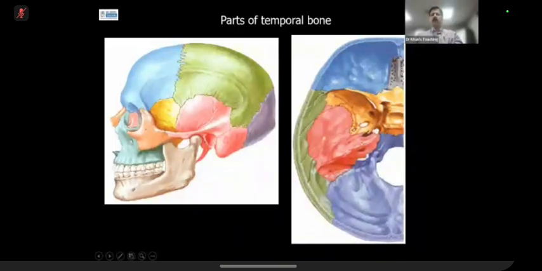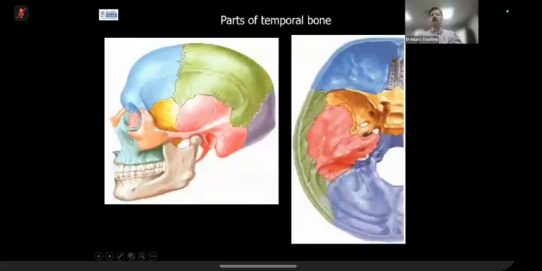Now, from here, let's go to the concept of base of skull. Base of skull, by the way, is going to be our curriculum next time. But you have to have an overall concept. So without going into details, let's see the base of skull, beautifully seen on this diagram. Base of skull is made up of 5 bones. Out of these 5 bones,